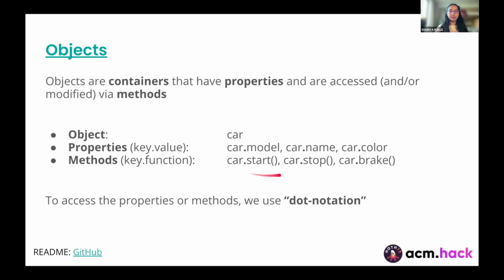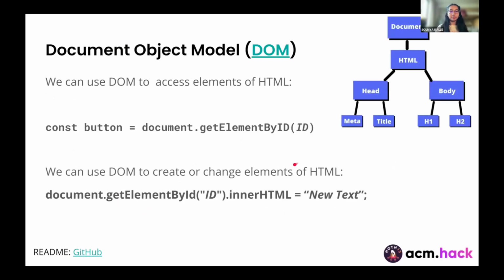So it's always going to be dot something. So this is the Document Object Model, DOM. You can think of it: you have your document, and then you have your HTML. Again, we link that to our head, so that's our CSS in our head, and we have our body. And it all just kind of trickles down. So you're able to access the higher parts or lower parts with dot notation. A very important one of these